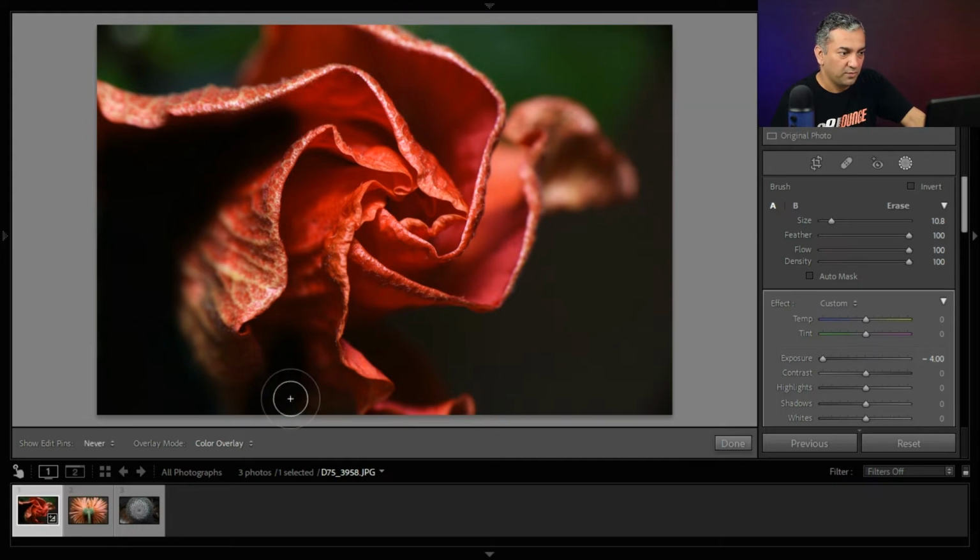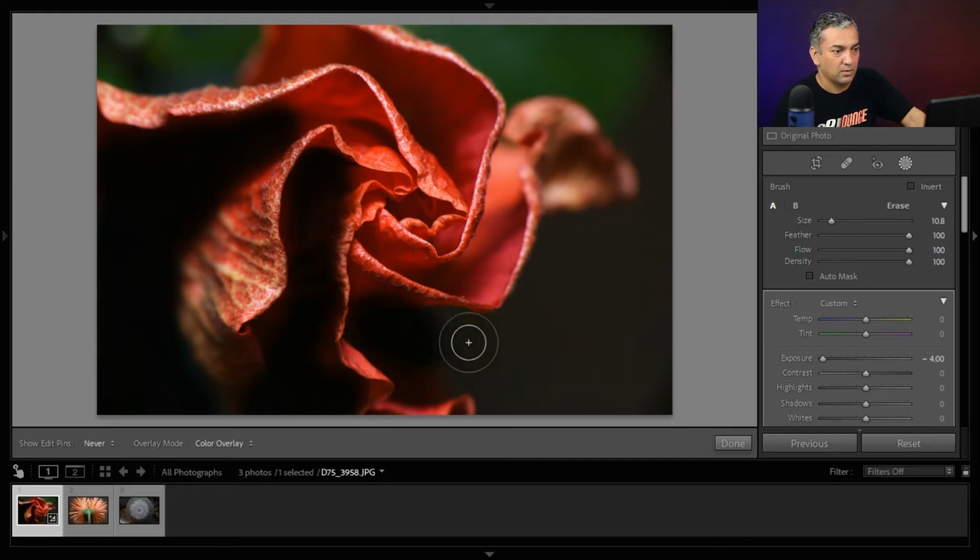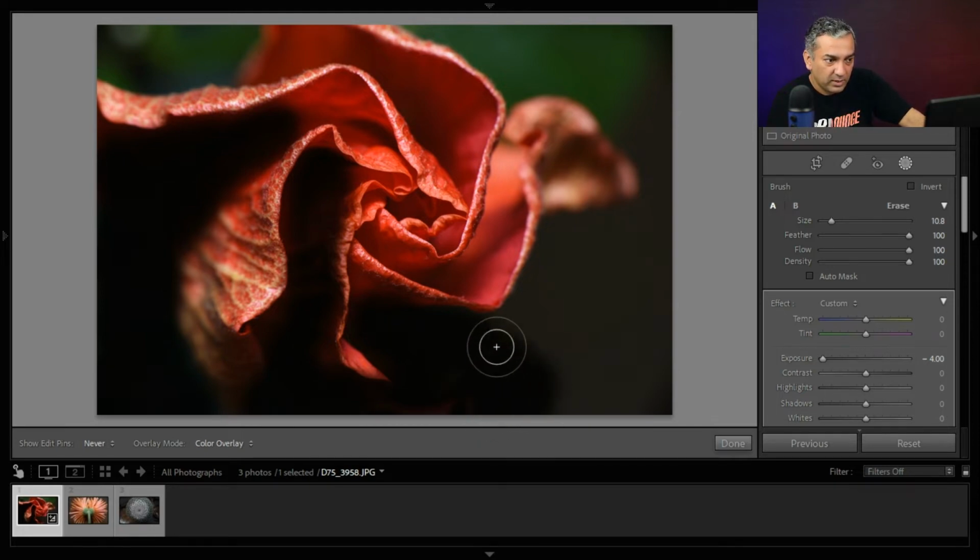So be careful when you are doing this. Make sure your feather is only touching the edges of the petals. I'll just take it out also. I do not want that petal to be touching the frame around it.